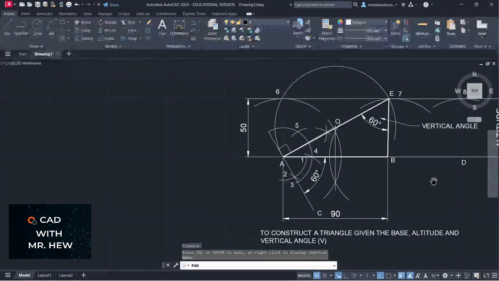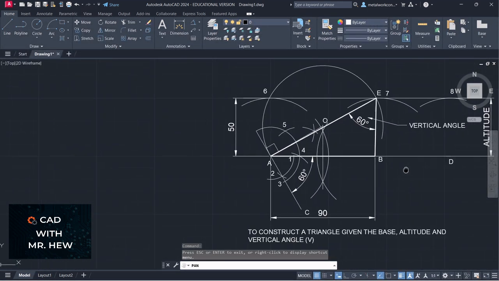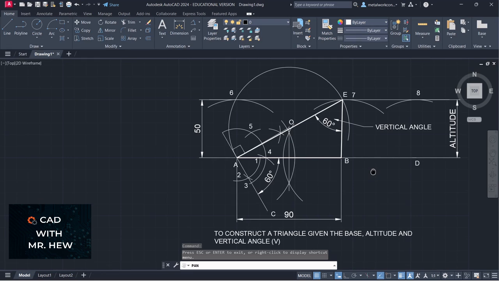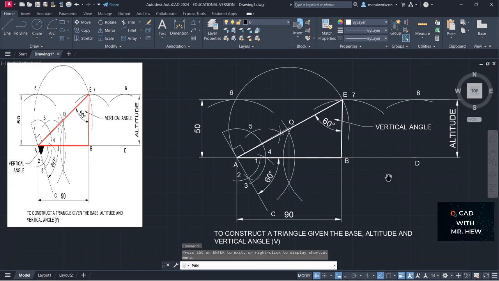All right. So in today's video, we looked at the construction of a triangle given the base, the altitude, and the vertical angle V. In the next video, we'll be looking at the construction of an involute to a pentagon. And we constructed the pentagon in the previous video, so perhaps you could visit that video so that when I post the next video of how to construct the involute to the pentagon, you'll be familiar with the construction of the pentagon. To finish out, I'm going to move this A